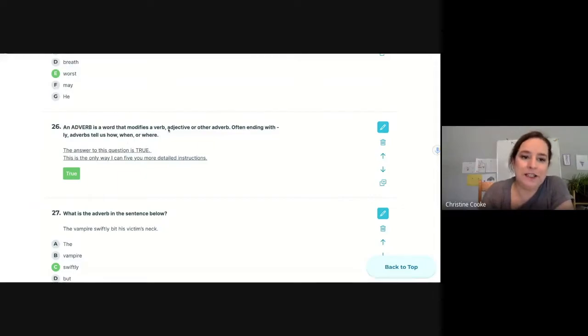So in order for me to help you, to give those subcategories, I have to actually put in a question. So when I say the answer to this question is true, I'm not trying to trick you. I'm trying to tell you, here's the section that's coming next. Now we're coming into adverbs, and here is a little information about adverbs. Does that make sense to everybody?